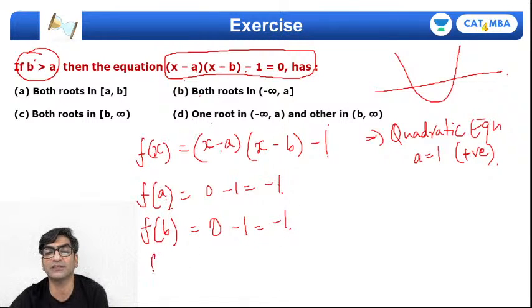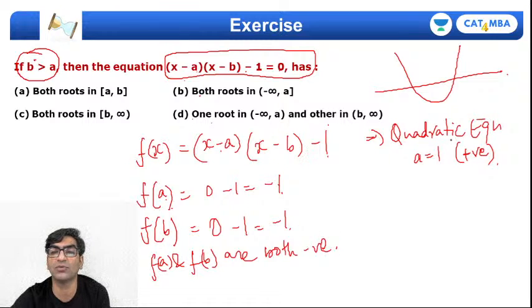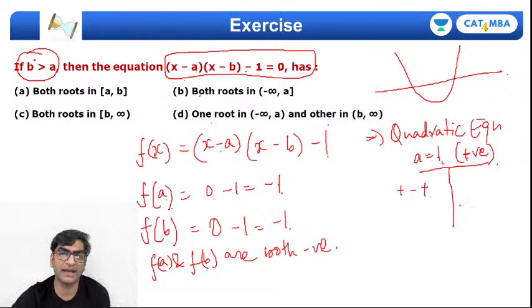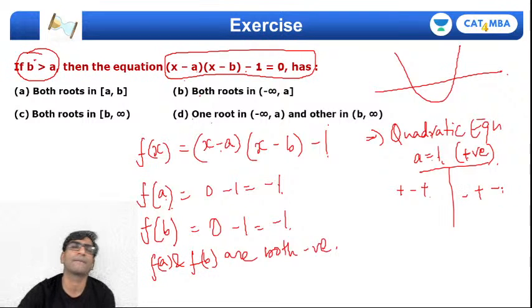So basically what this means is that f of a and f of b are both negative. Right? और अगर आपको कर्व मालूम है, या तो कर्व मालूम होना चाहिए या ये पता होना चाहिए, a इक्वल टू 1, a पॉजिटिव जब होता है और d जो है जब नॉन नेगेटिव हो तो the signs will change as plus minus plus for a greater than 0 वाला केस, and minus plus minus for